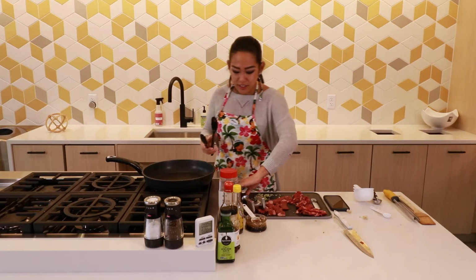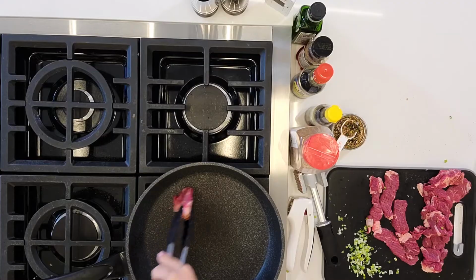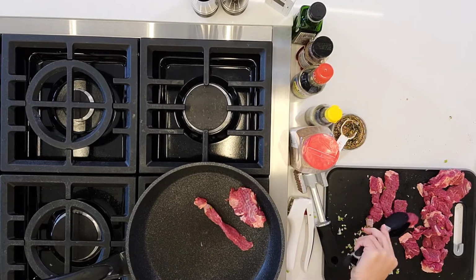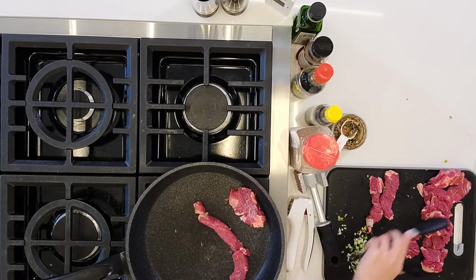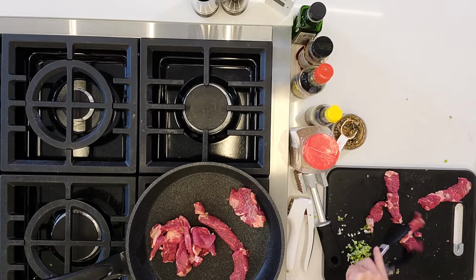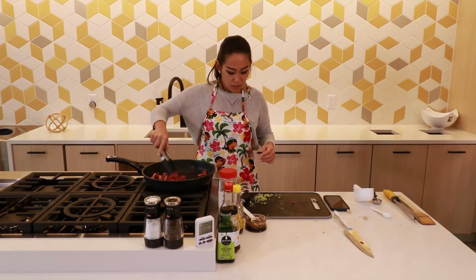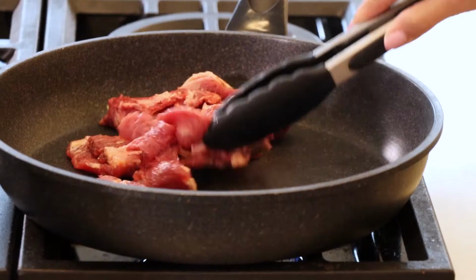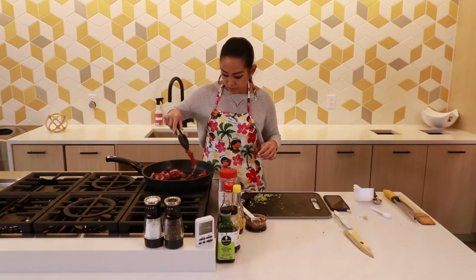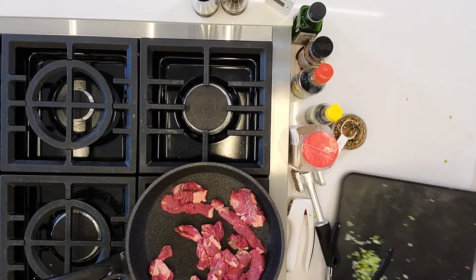All right. Woo! I'm starting to break a sweat. Okay, so there you go. We're going to just grill, quickly put all our meat. You can worry about spreading this once it hits the pan. And what'll happen is, as the steak is grilling or cooking,